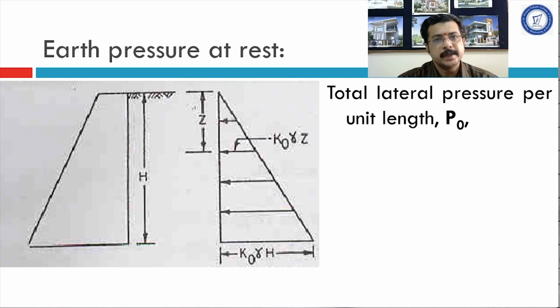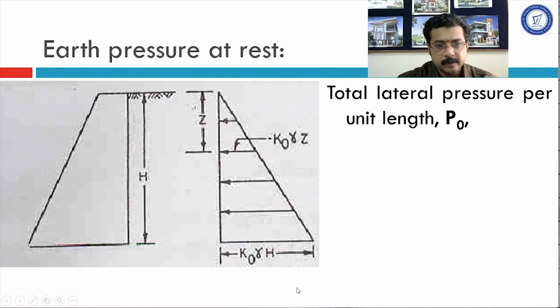Which area should I consider? I should consider the area of the retaining face. Here, this vertical face is the retaining face and its area would be the height of the face multiplied by unit length. This unit length is perpendicular to our screen, right? So, h multiplied by 1 will be the area over which this lateral pressure would be acting. And how is this lateral pressure distributed? It has triangular distribution.